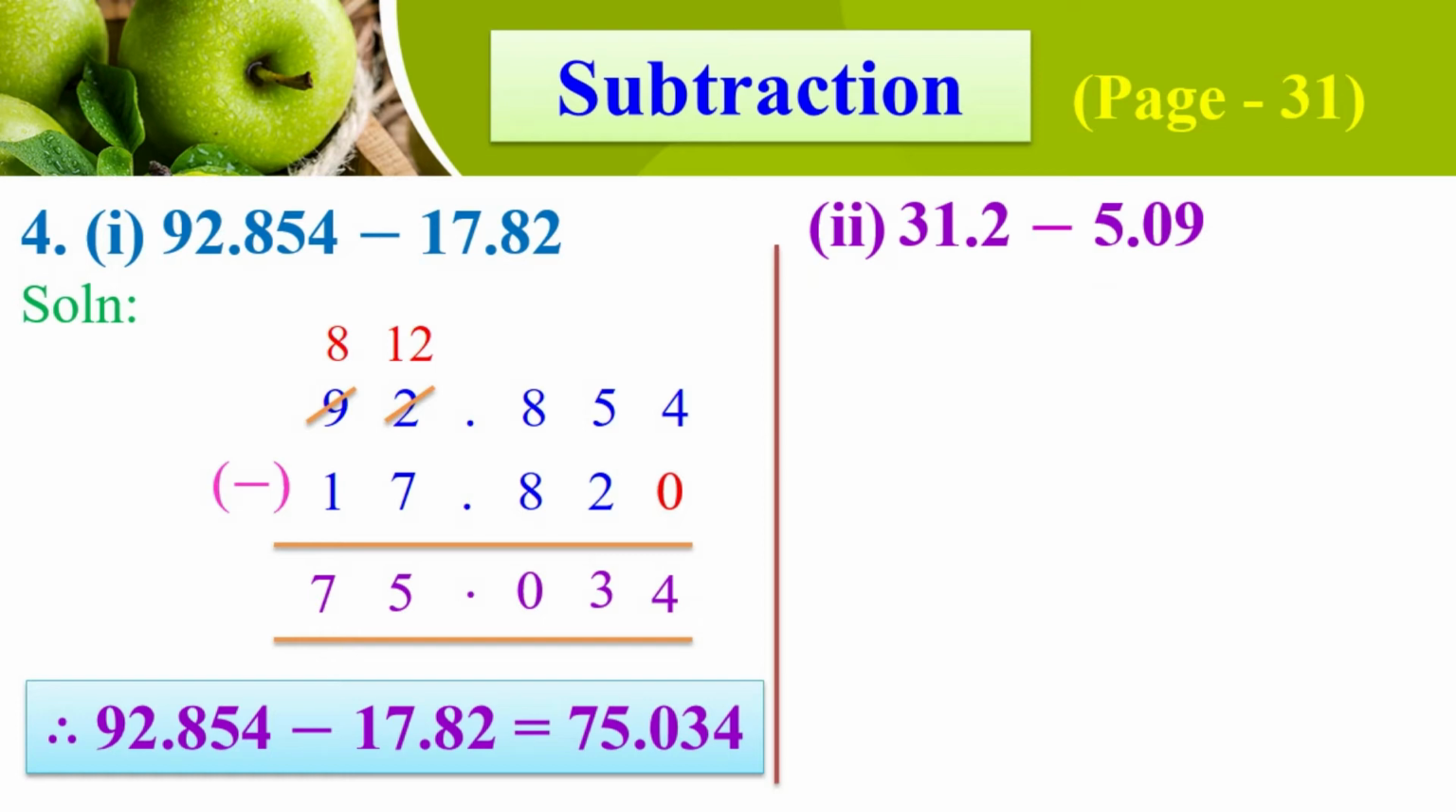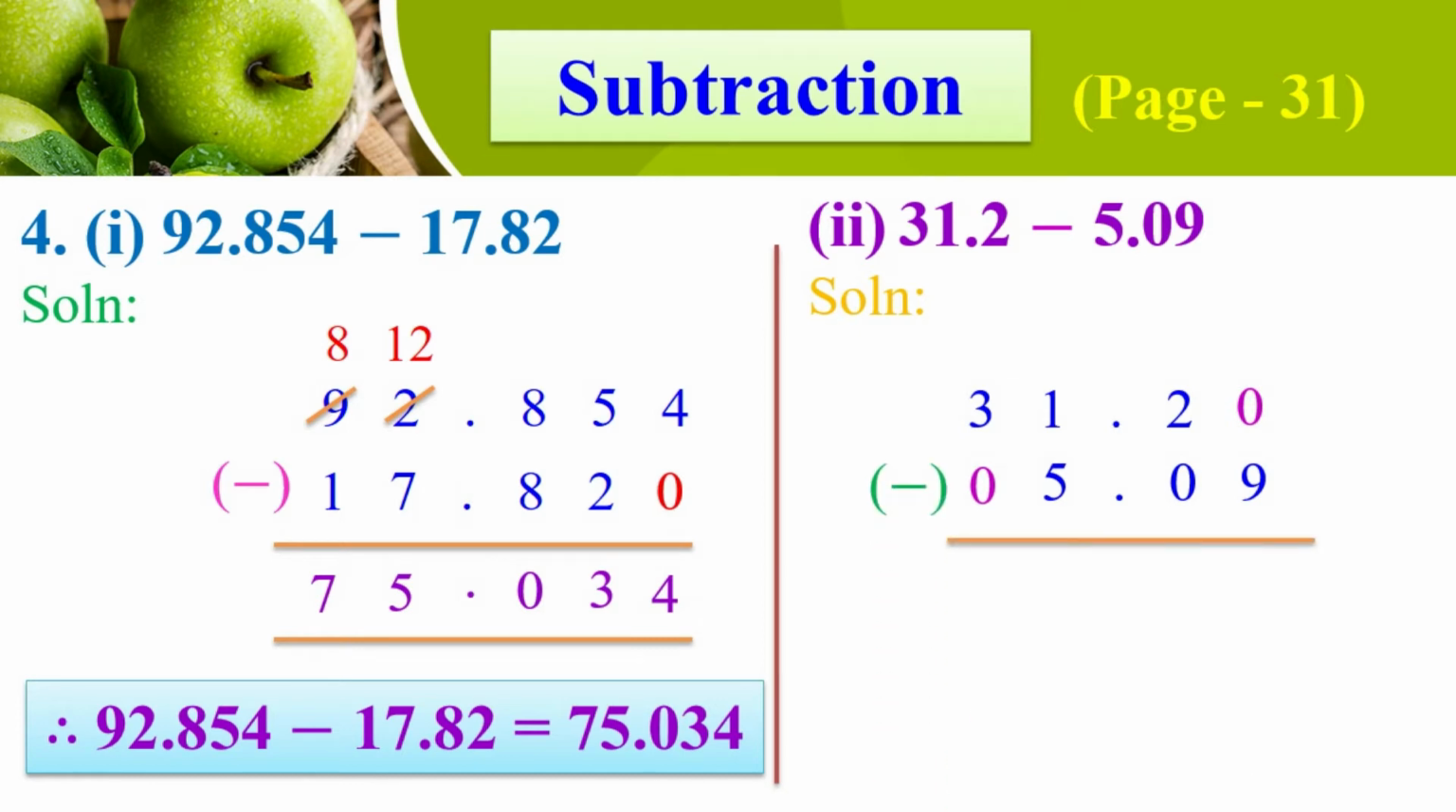Second one, 31.2 minus 5.09. Let us find the solution. First take 31.2, then take 5.09. Here some digits are missing. Add 0. Now subtract the values. 0 minus 9, we cannot subtract. So 0 needs to borrow from 2, and it becomes 10. Here 2 changes to 1. 10 minus 9, 1. 1 minus 0, 1. Place the point. 1 minus 5,